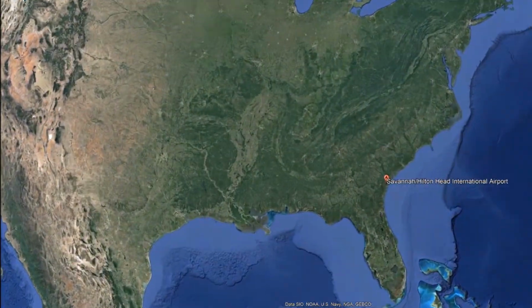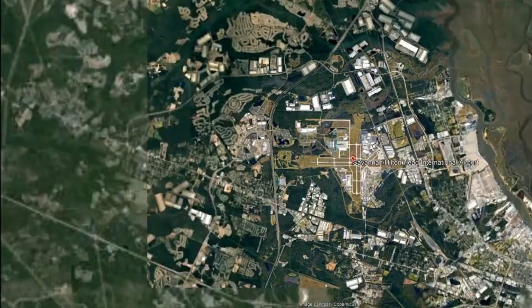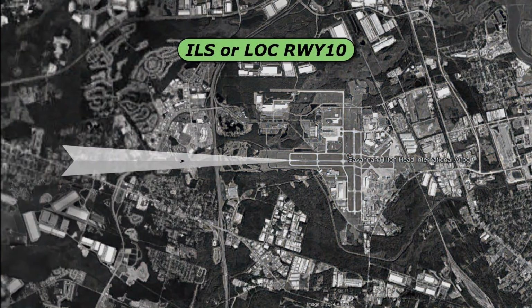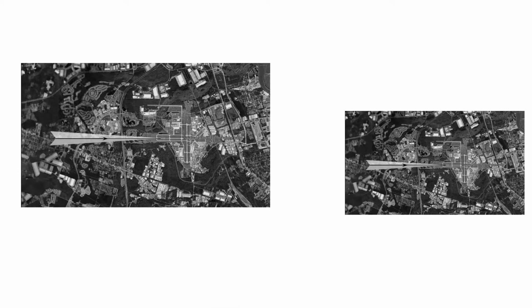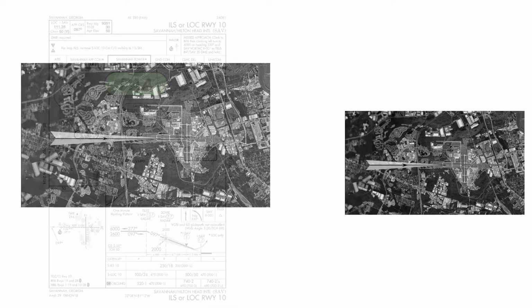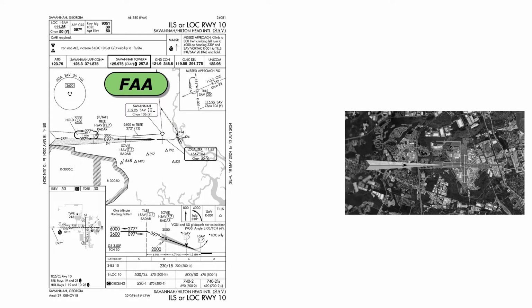Let's look at Savannah Hilton Head Airport, and specifically at the ILS or LOC approach to runway 10. There are two major chart products depicting the same procedure, as well as all others in the US. There's the FAA plate, which you're likely familiar with having done any instrument flying, and then there's the plate published